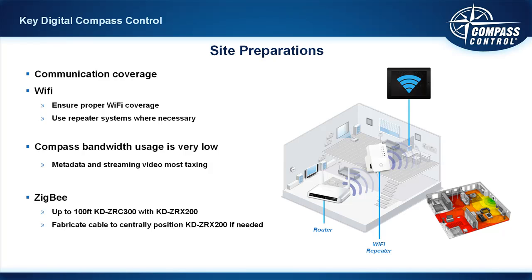Now what you should know about Compass, because sometimes people say, well, it just seems like the Compass is killing the bandwidth or something. Well, 100 out of 100 times that has always turned out to be just some other network issues that needed to be ironed out on site. Because Compass uses a very low bandwidth. It is very primitive information, if you will, very minor information that is exchanged. Because again, all of that processing happens in the iPad,